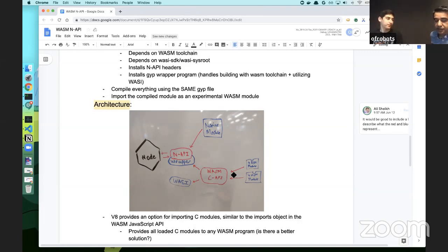So the C API is a new proposal in WebAssembly that exposes C functions to WebAssembly. Mm-hmm. Yeah. Okay. So all it's doing is basically saying this is a native function and you're allowed to call it from WebAssembly. So in a nutshell, I think what this enables is that if a module has been written against NAPI,